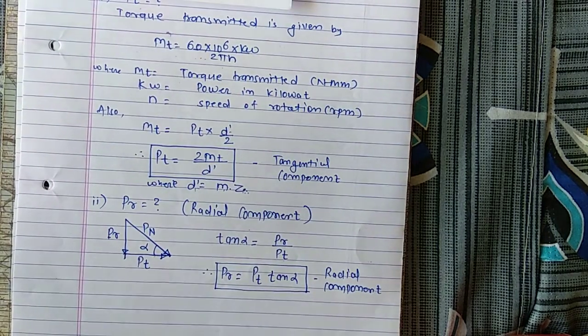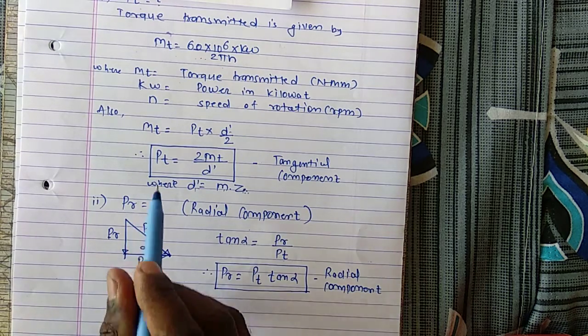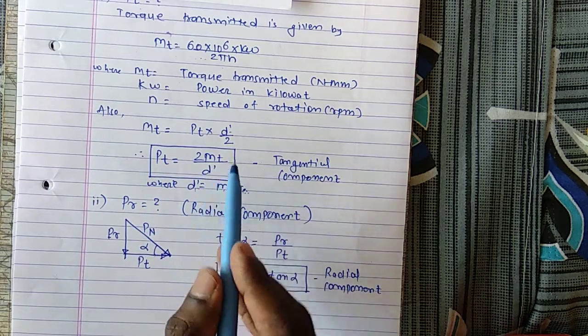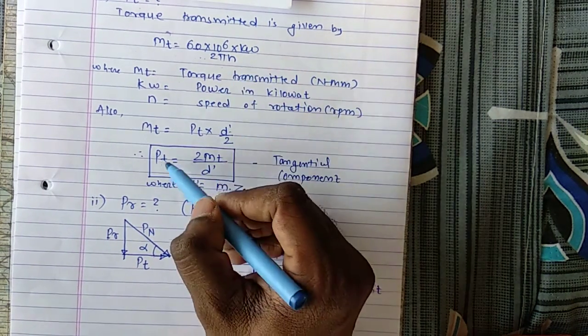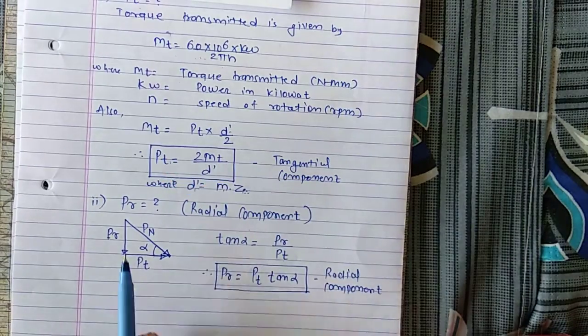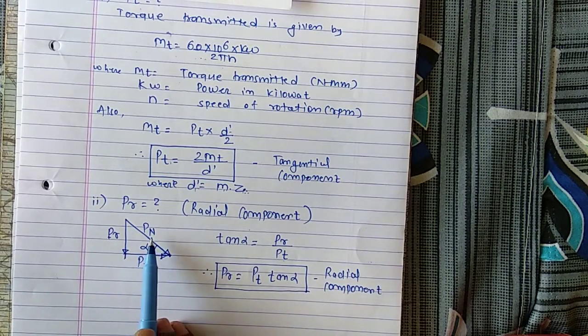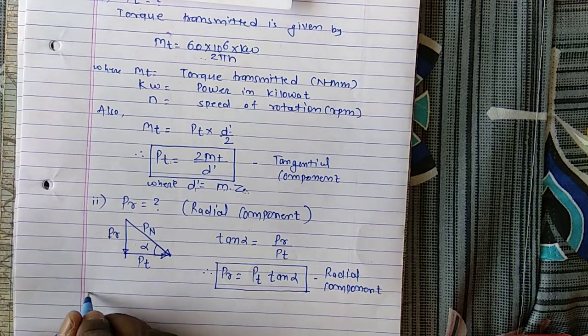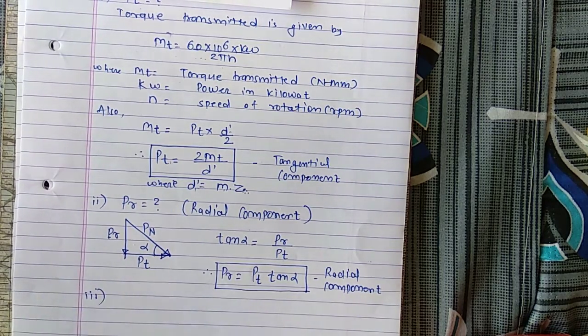So while analyzing the forces acting on a spur gear or any gear, first find the value of Pt, the tangential component, which we can calculate from torque, and torque from power. Once you get the value of Pt, find the other forces like PR and Pn in terms of Pt. So that's why I have done this. And the last element is we have to calculate